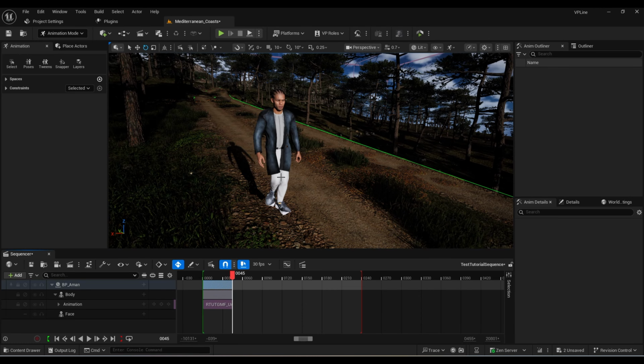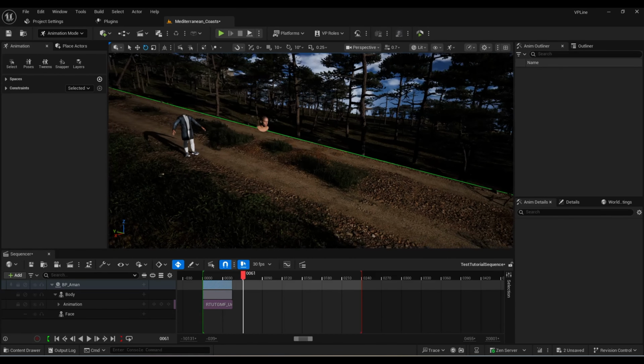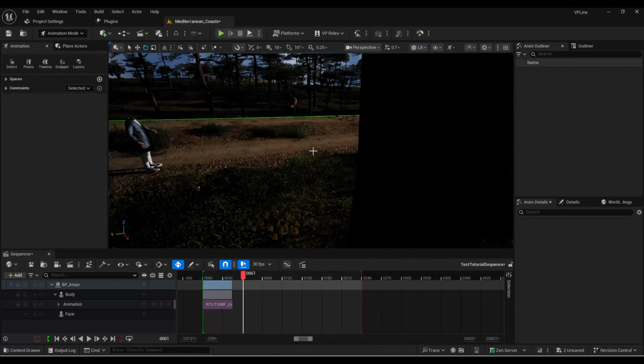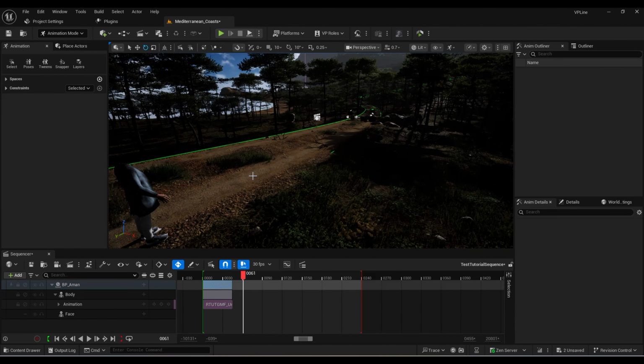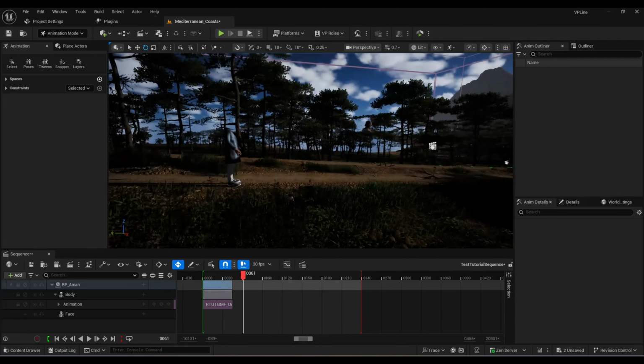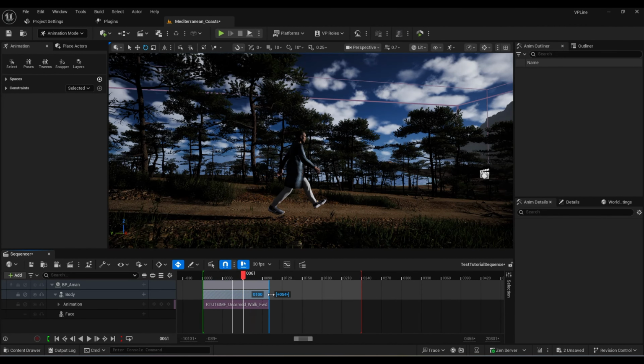Don't worry, this does not affect anything, and this is not a problem at all. Yeah, but obviously I want my character to walk further. I want him to walk till at least maybe that point or that rock, or at least around that rock. So what I'm going to do is I would naturally want to extend these animations, and you'll see that as